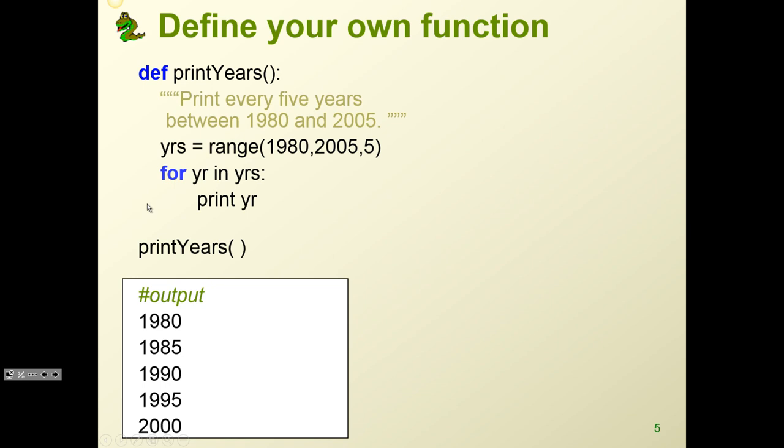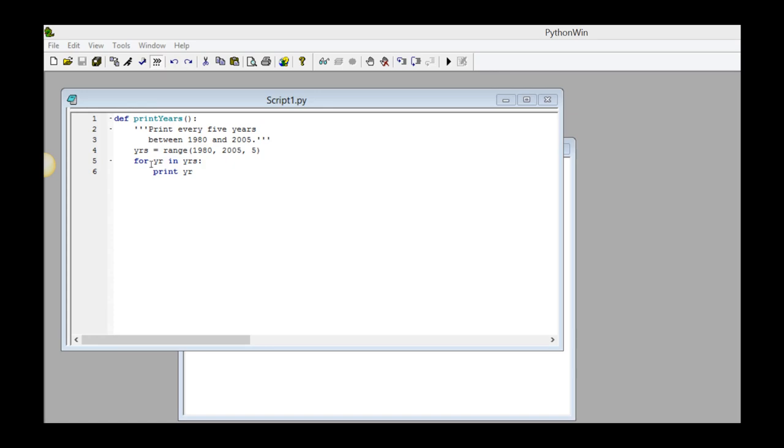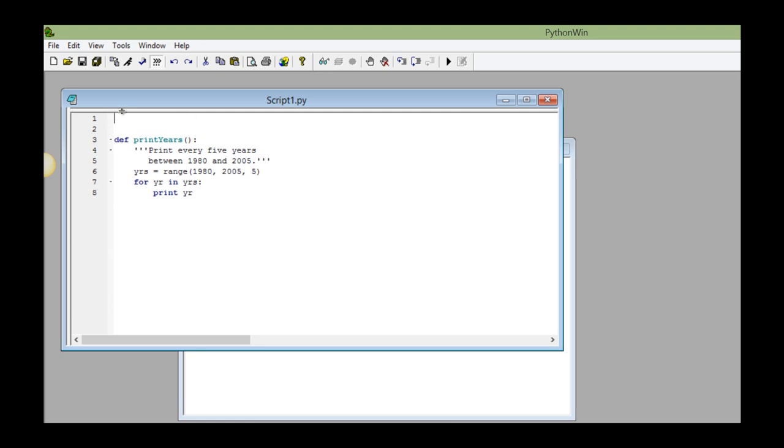It doesn't do any printing yet, but when you call it, it then will trigger and it will go back up and say, okay, I know where that is, and I'm going to go in here and do whatever it says for me to do inside of here. And that's when it'll print. Here's our function, print years. And if I call the function at this point,